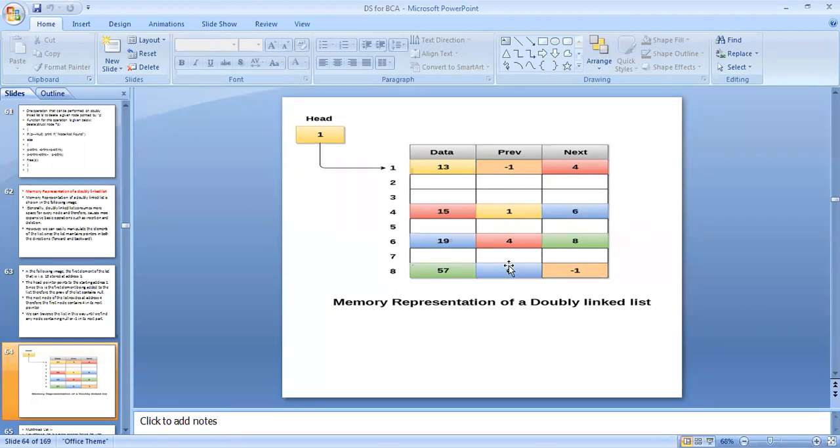Then the third node is 19, previous part is 4 and next part is 8. After that 57, previous part is 6 and next part is -1. Here head is 1.